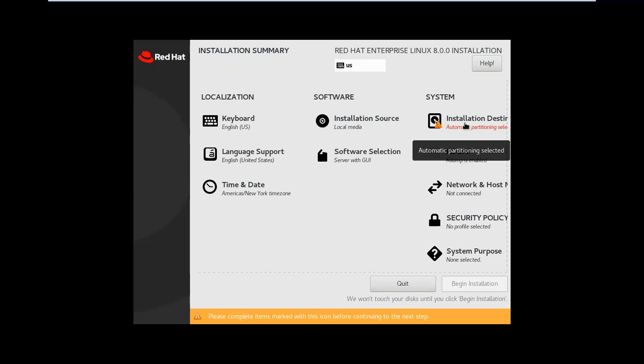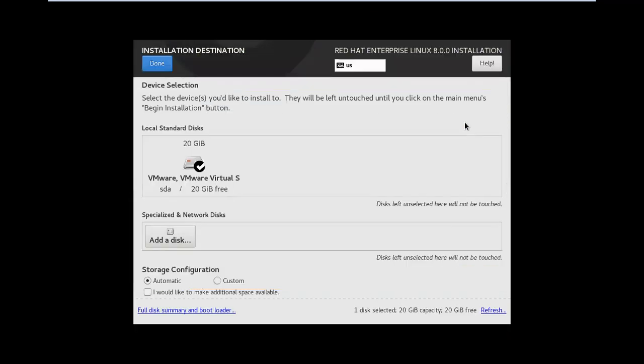Click on installation destination. Now it shows the logical device name of your hard disk. The logical device name of the hard disk is SDA. We selected a 20 GB disk.